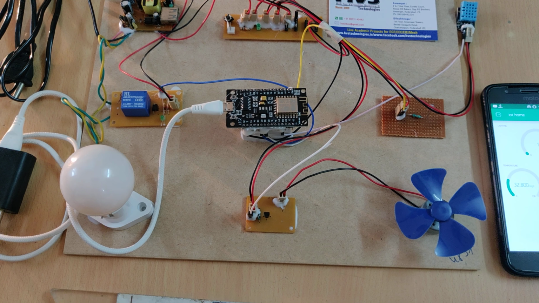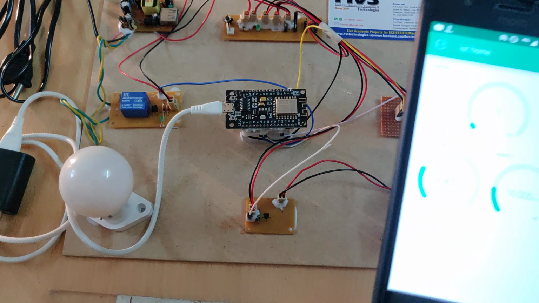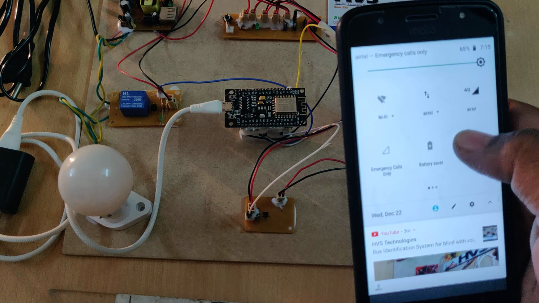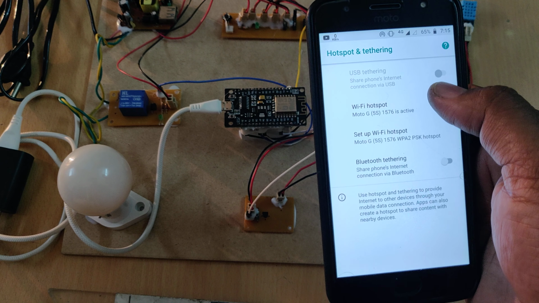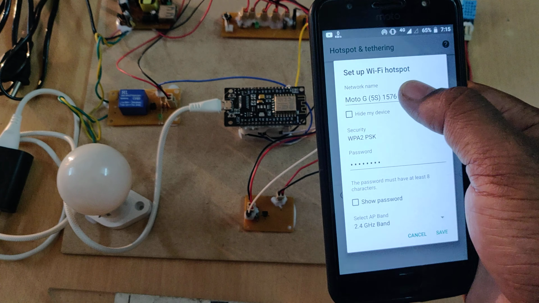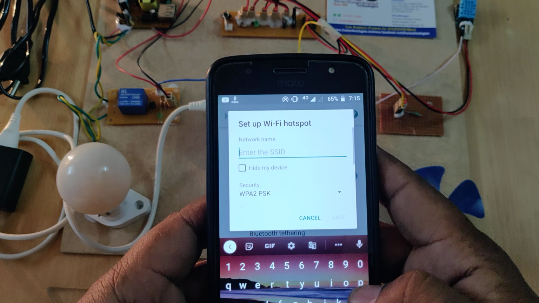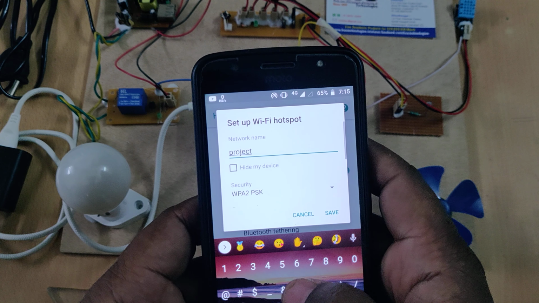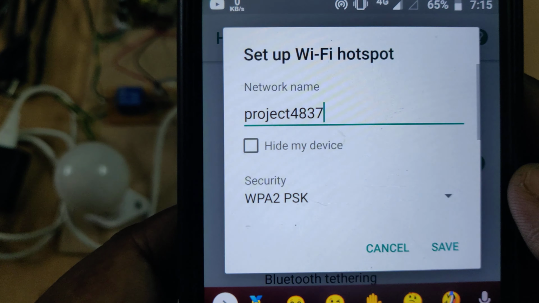Before switching on this kit, we need to install the Blynk application and log into it with the given credentials, and now go to the hotspot settings of your phone. Change the hotspot name to project 4837, without any space and without any capital letter.